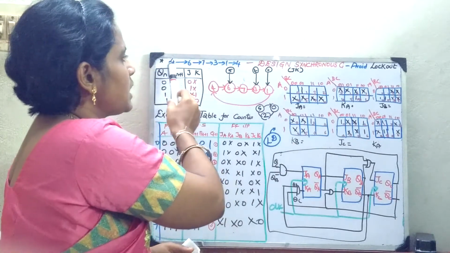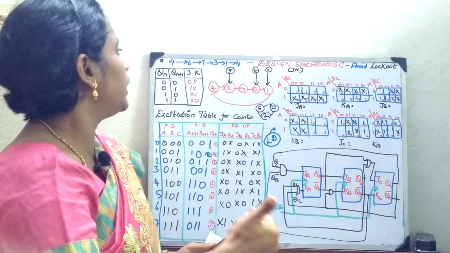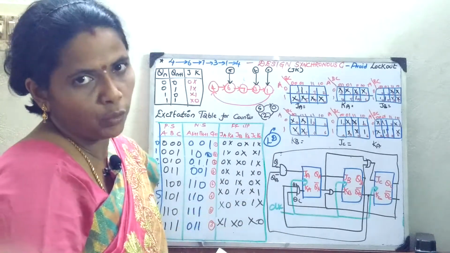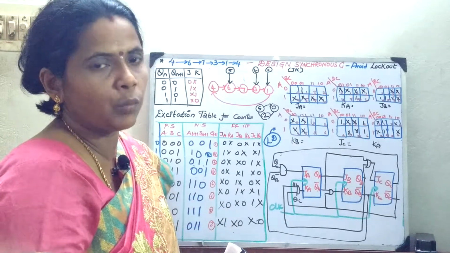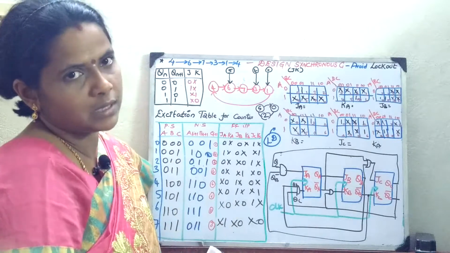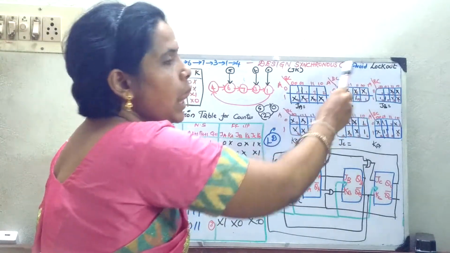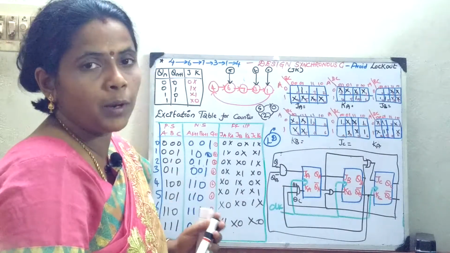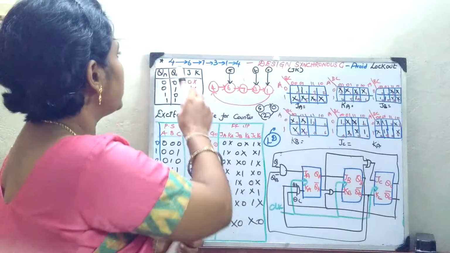They have given: design a synchronous counter using JK flip-flop. These are the states. My counter should count 6 after 4, then 7, then 3, then 1, and again it should go back to 4. This is the sequence they have given, and accordingly you have to design it. One more condition was also given: avoid lockout condition. Now we will go on to the problem, and I will tell you what the lockout problem is.